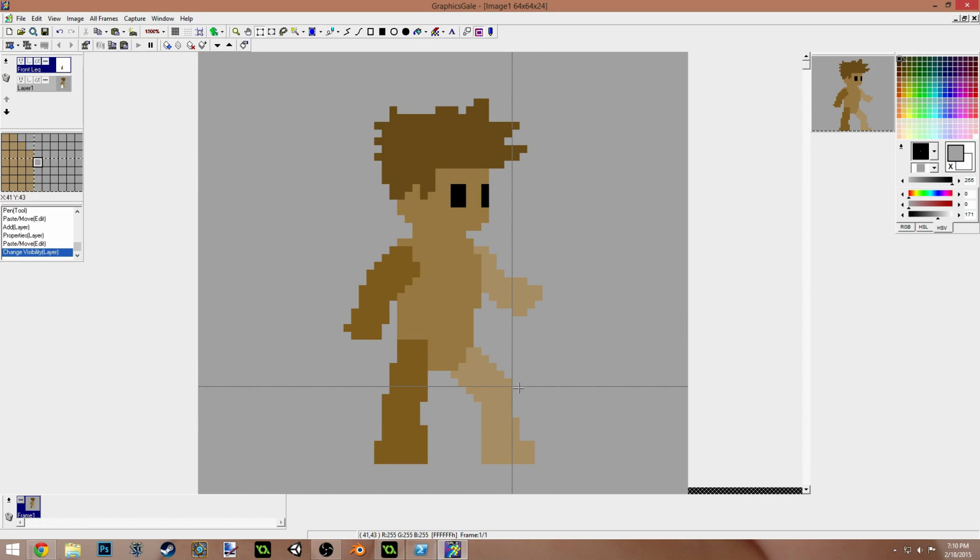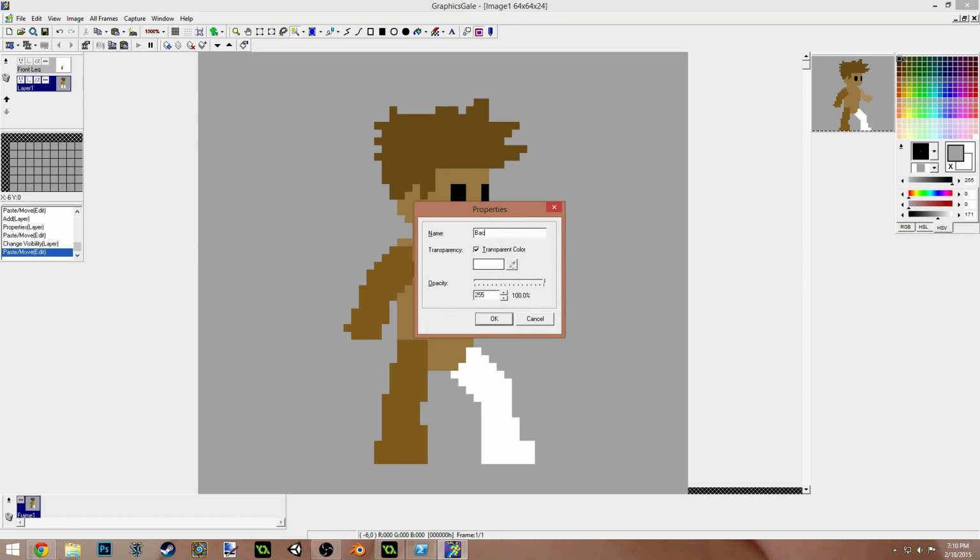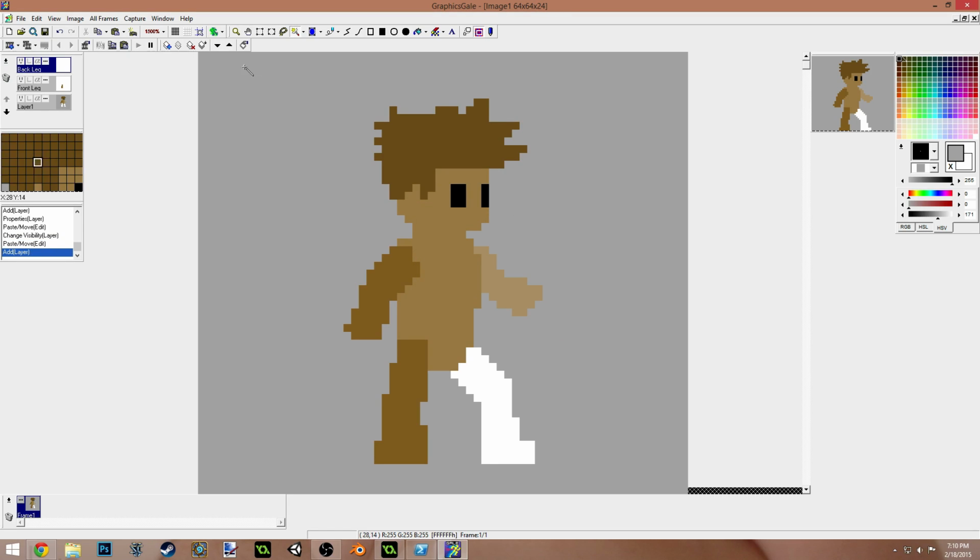Now what we need to do is get our little wand again, select this leg, we're on the wrong layer, get the little wand, select the back leg, Control X, and we'll do a new layer, back leg, and then click on that new layer, Control V, right click,